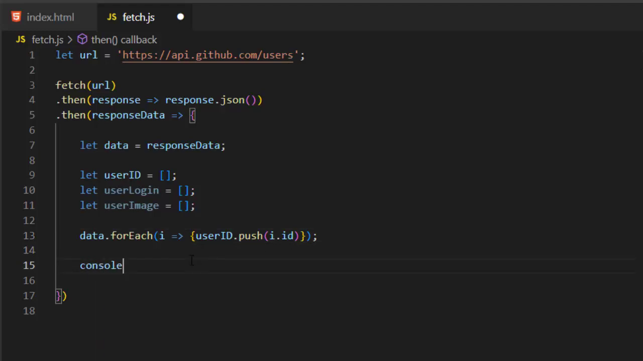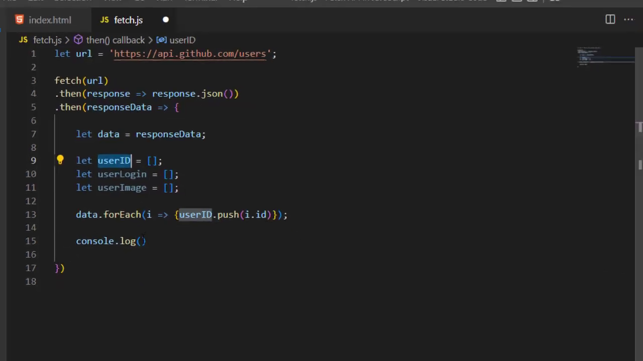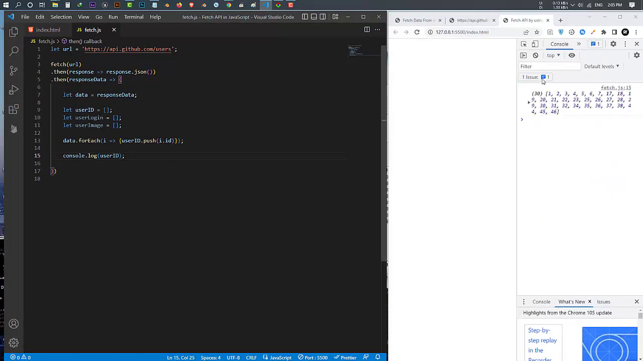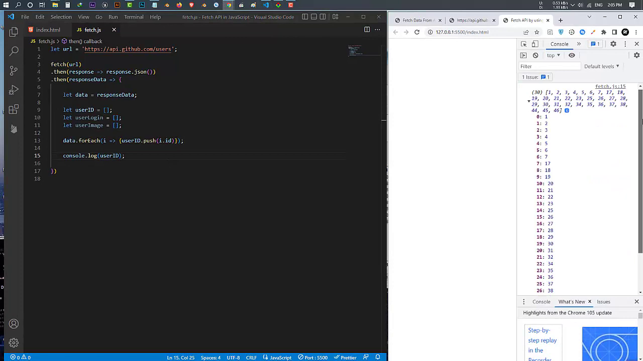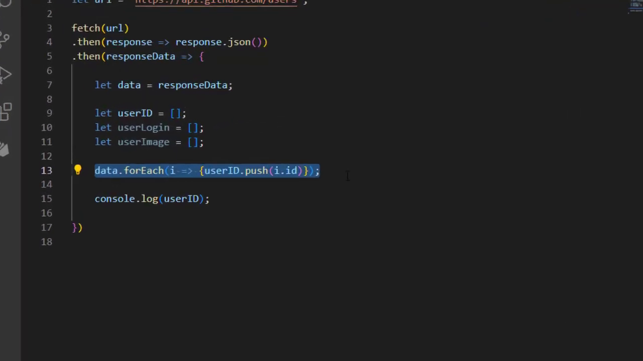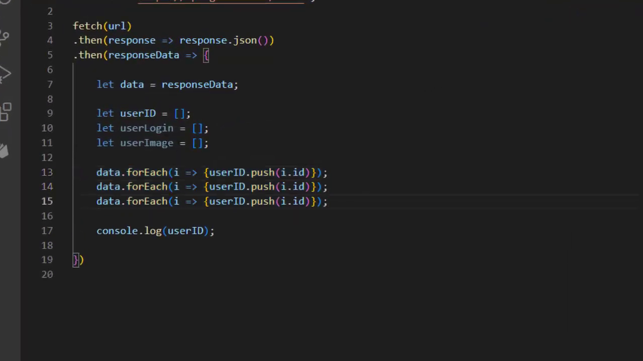Let's console.log that user ID. Let's save it. As you can see, I get an array of all of those IDs in here, and just like that, I make another, copy this 3 times, and now I want to get the